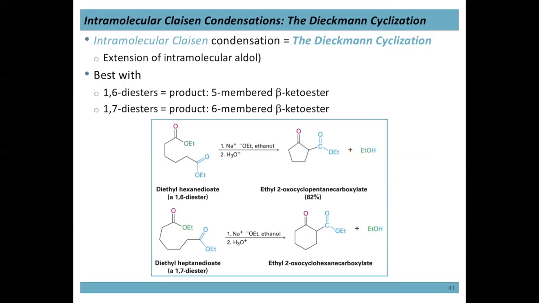So to do the Dieckmann, we need a single molecule that has 2 esters. Now this is a little bit easier to see than the intramolecular aldol because really all we have are two different types of,